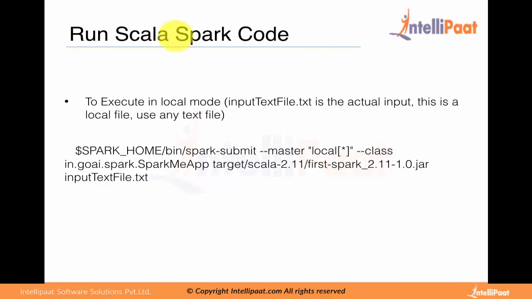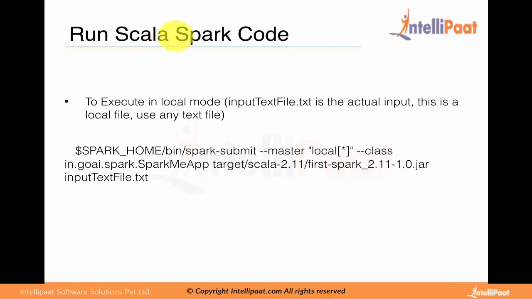And the next argument is, where is this class available? I'm telling that the class is available in a folder called target/scala-2.11, and then the jar file name, a jar file called first-spark_2.11-1.0.jar. So I'll repeat this command. I'm calling a Spark Submit command, and I'm telling that I'm going to run in a local mode by giving the argument --master local[*], and I'm telling Spark Submit to execute a particular class, which I specify with --class